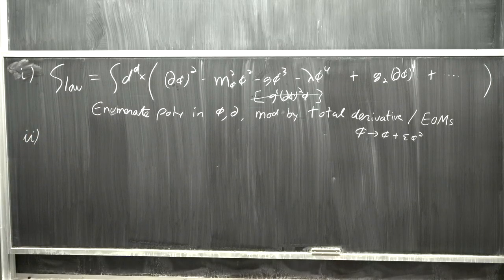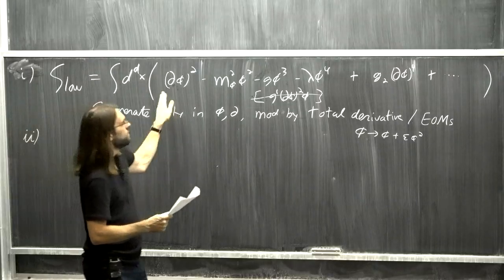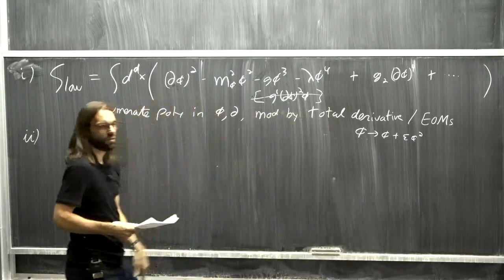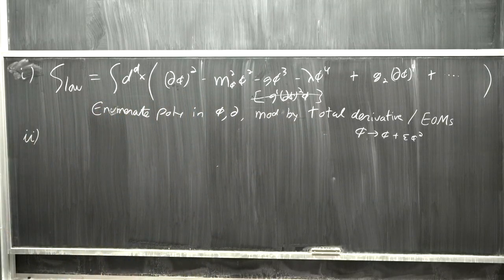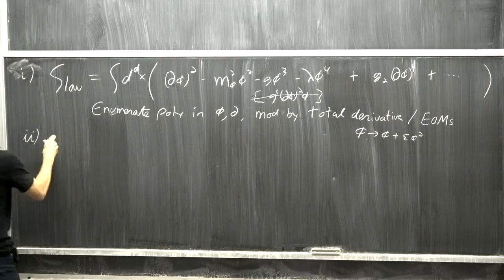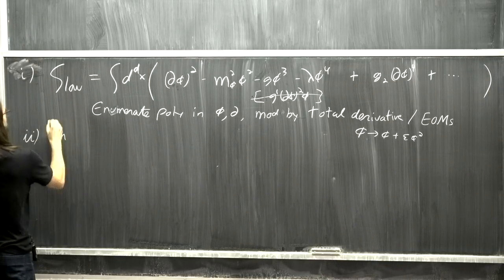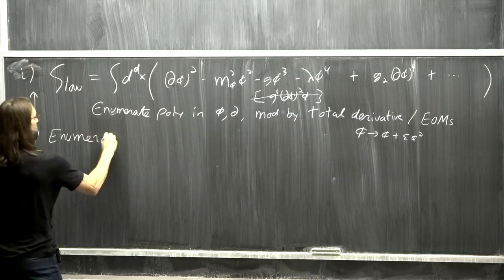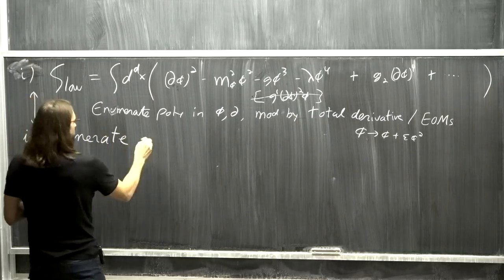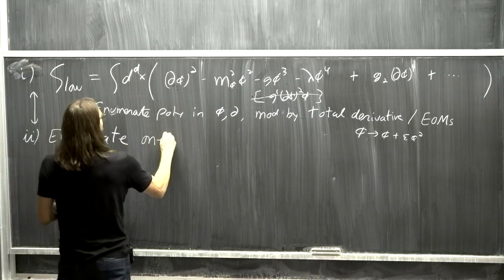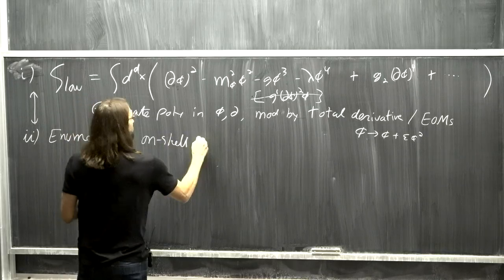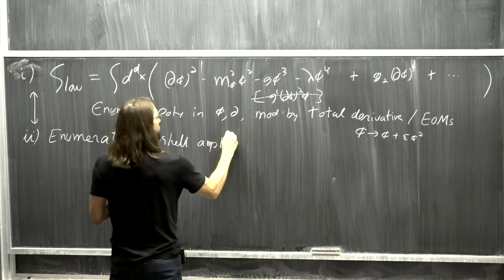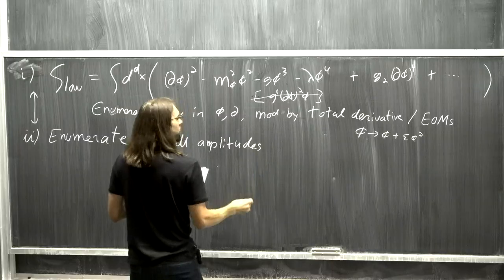The other approach, which I find more straightforward because you don't have to play this game of modding out, is to simply list on-shell amplitudes. These two approaches are equivalent, but one is easier in practice, I find. Enumerate on-shell amplitudes that are